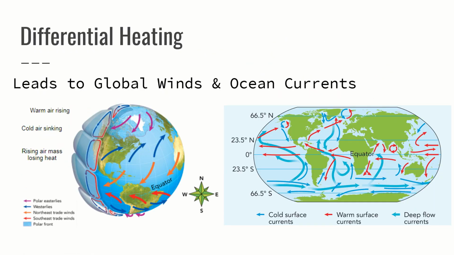So a quick discussion of ocean currents. Ocean currents and global winds are just caused by differential heating between things like the cold surface, the warm surface, and then other currents that are deeper within the water. And we see these various winds just from regions of warmer and colder air and how warm air rises, cold